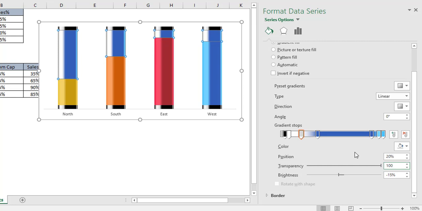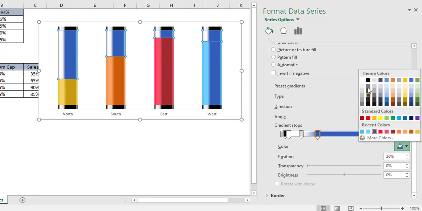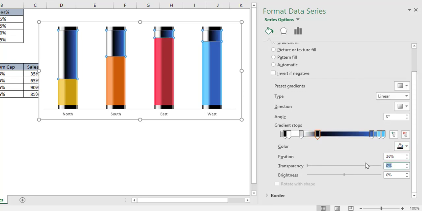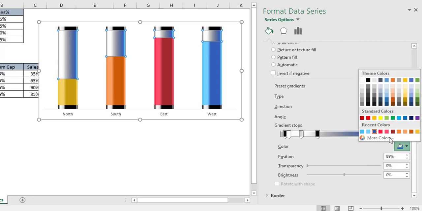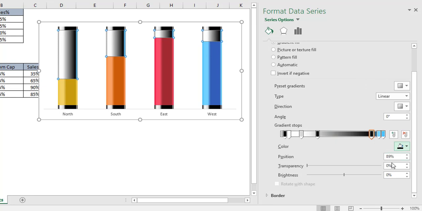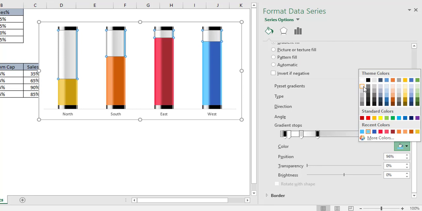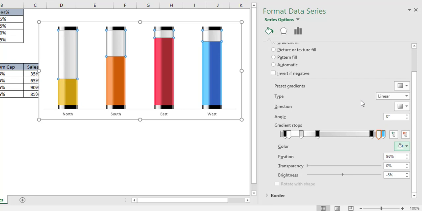Okay, now select the fourth gradient stop, and the color should be black. So let's select the black text one, and the transparency should be 80%. Okay, now select the fifth one, and again the color should be black text one. So this one, black text one, and the transparency should be 92%. Okay, let's select the sixth one, and that should be the color white background one, darker 5%, and the transparency